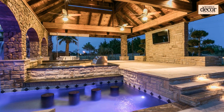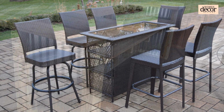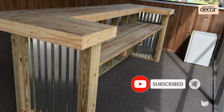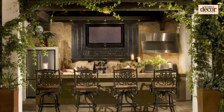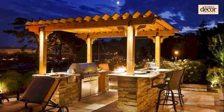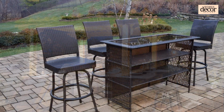Imagine balmy evenings, clinking glasses, and laughter echoing under the stars. That's the magic of an outdoor patio bar, a space that transcends mere furniture, transforming your backyard into an alfresco haven for entertaining and relaxation. But before you embark on this exciting project, it's crucial to navigate the design and practical considerations. Here, we delve into the world of patio bars, offering expert insights and practical tips to guide you towards creating